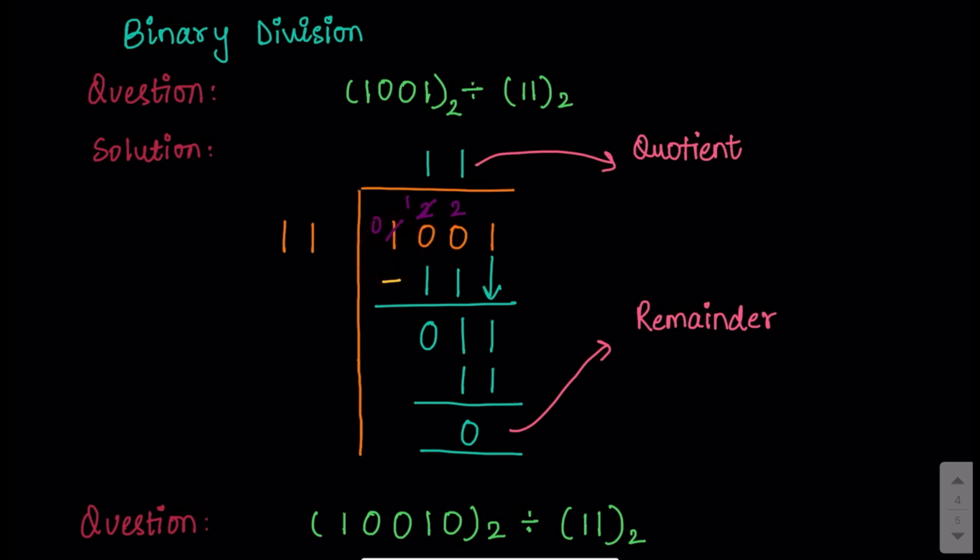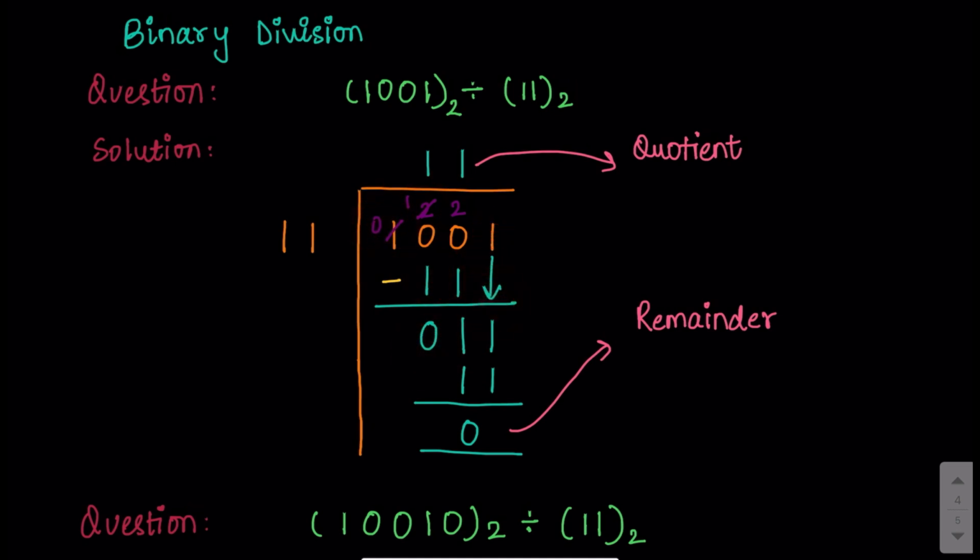Now 1 is reduced to 0 because this is going to provide you a borrow. The borrow in case of any number system is actually the base of the number system. So binary has the base of 2, and we borrow actually 2 from here. This is again reduced by 1 because we needed the borrow at this stage, and finally we get a 2 over here. 2 minus 1 is 1. Then 1 minus 1 is 0 and this is already 0.